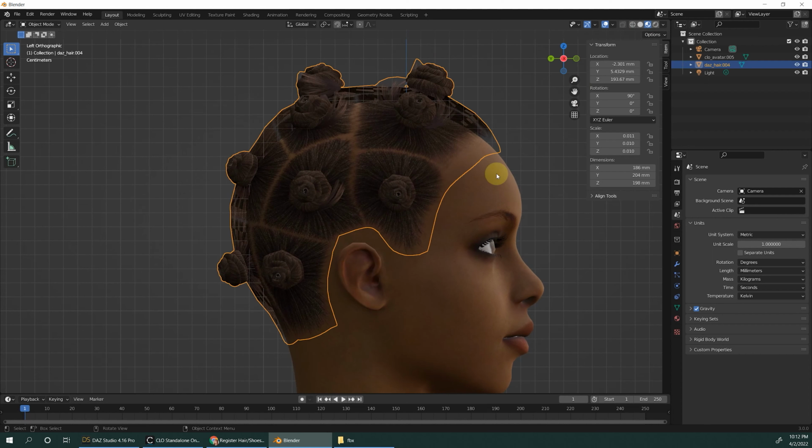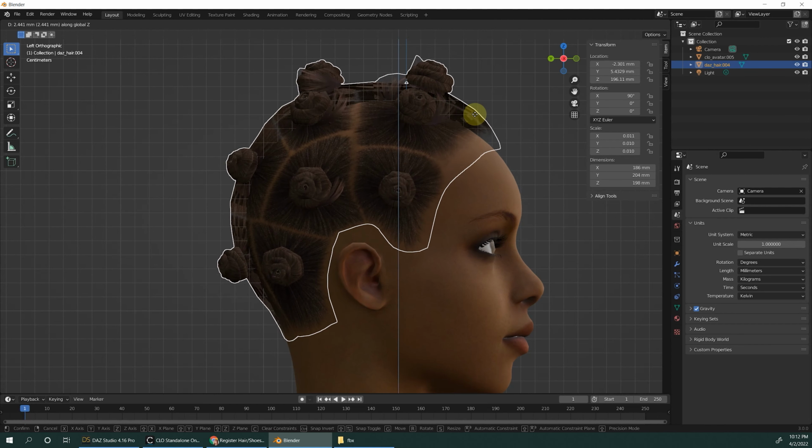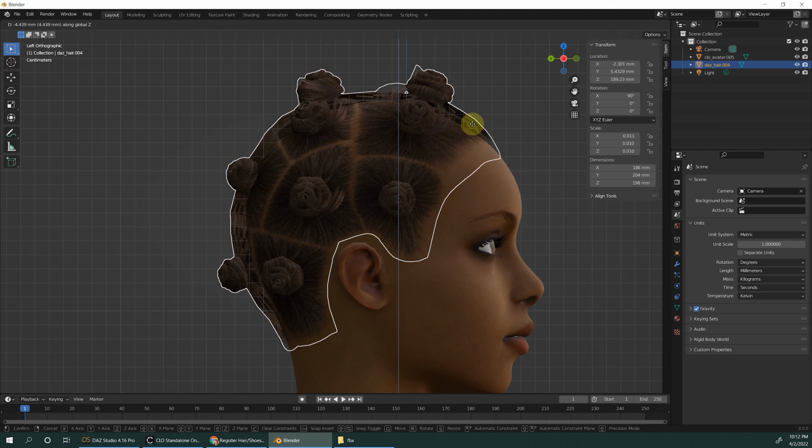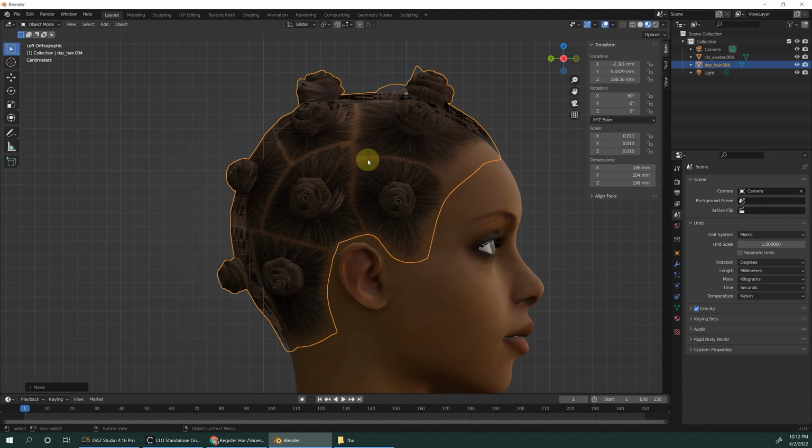We can keep moving the hair in this section. I think we need to move down a little bit. You can see there's a little space on her neck.